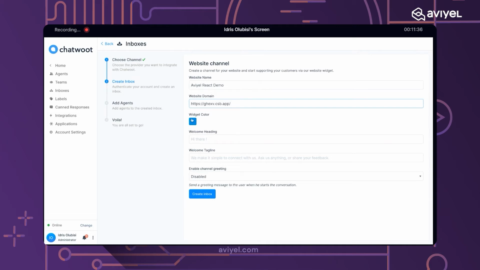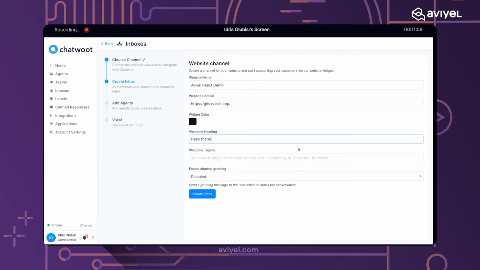You can decide to select a color type, anyone that suits your company or that matches your company color code. And you can also set up hello here. This is more or less a welcome header that they get to see after integrating, when anybody lands on your site.